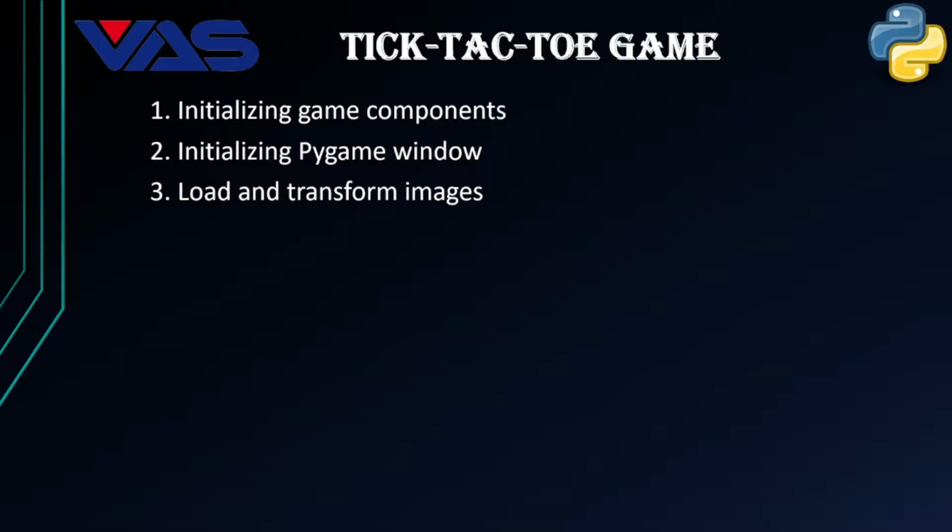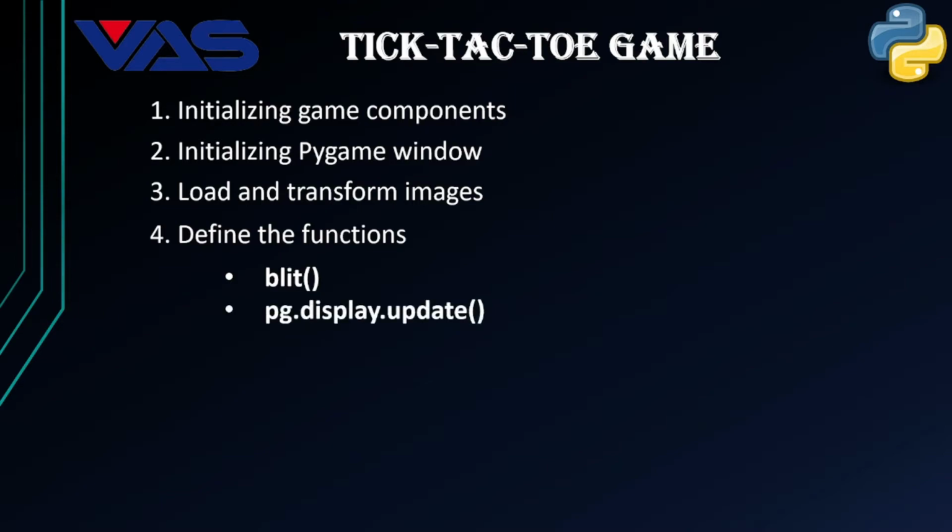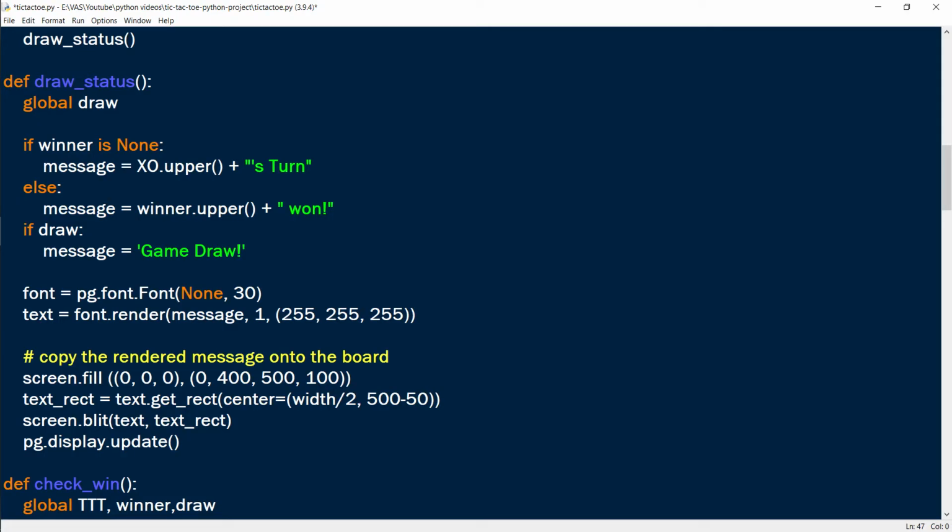Now the fourth part is going to be lengthy because we are going to define all the functions. First we create a function that will start the game. We will also use this function when we want to restart the game. In Pygame, the blit function is used on a surface to draw an image on top of another image. It means picture over picture.